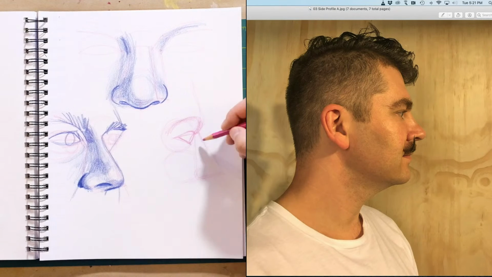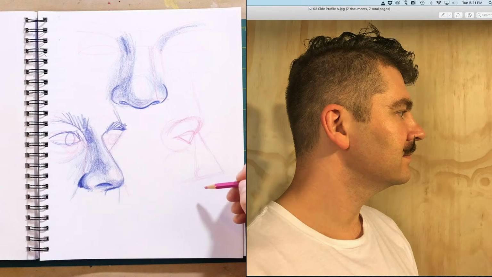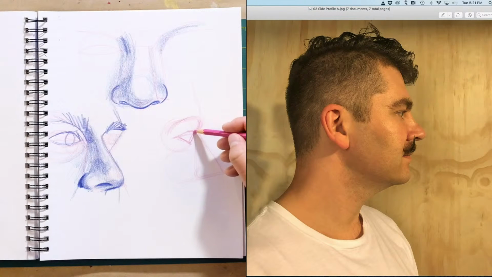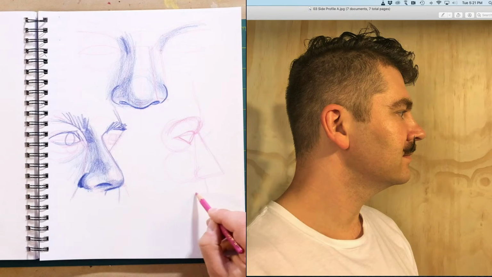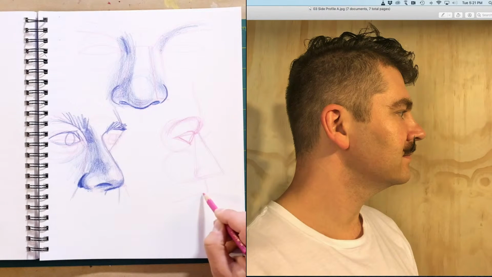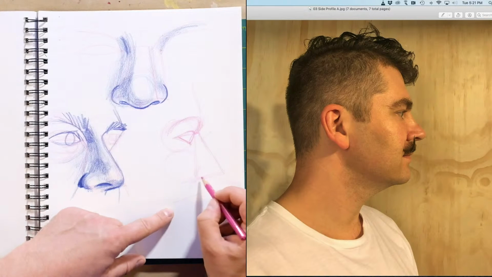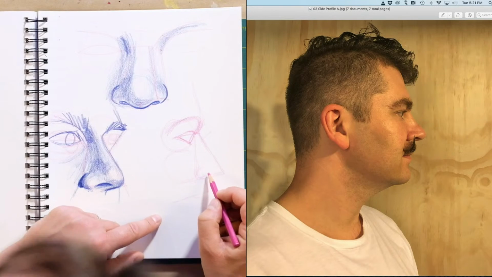So I'm drawing kind of angular, like a triangle. Same sort of thing. The bottom lip, you can't really see because I've got a mustache, but it's going to be up a little bit forward. We're not going to draw all the rest of the facial features, but just so we see this,